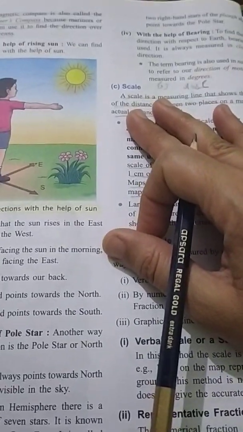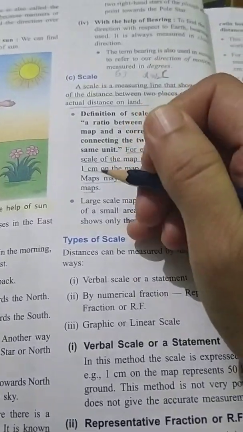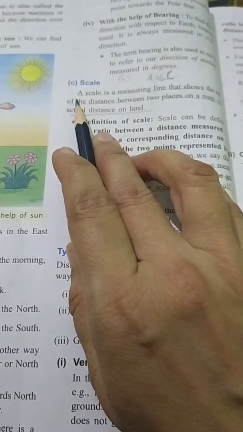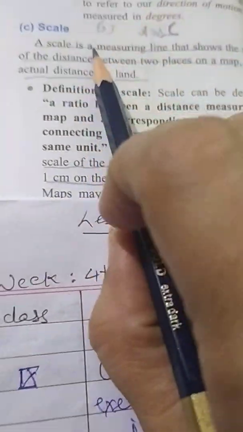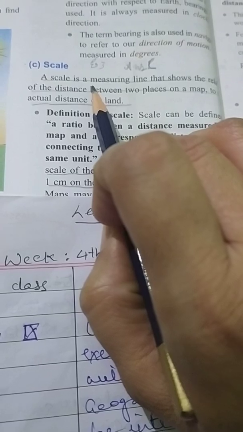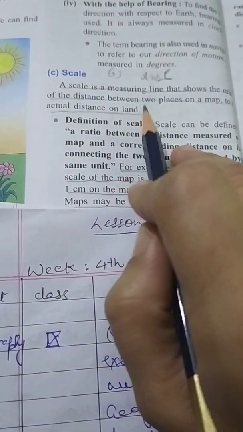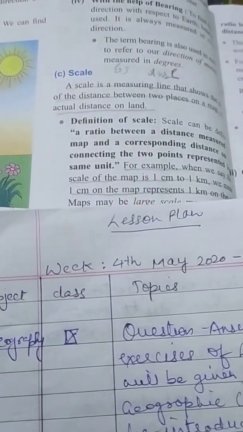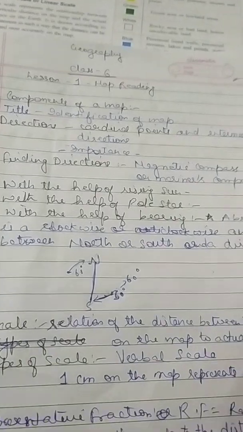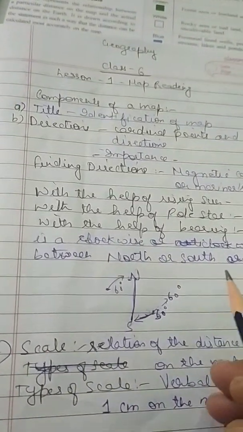So now the next topic that we are going to take today is the scale. It is another important component of the map. And what is a scale? A scale is a measuring line that shows the relation of the distance between two places on a map to the actual distance on the ground. Now what does it mean? It means, for example,